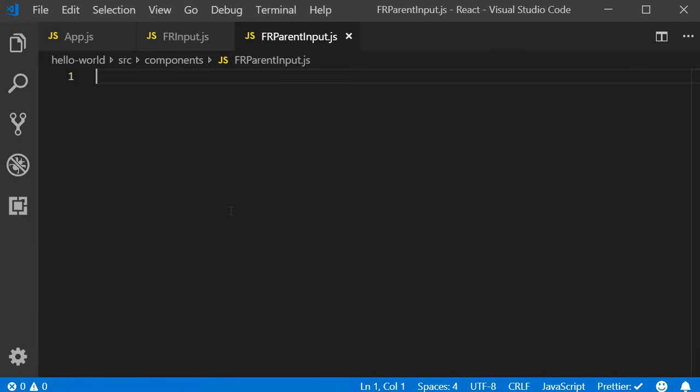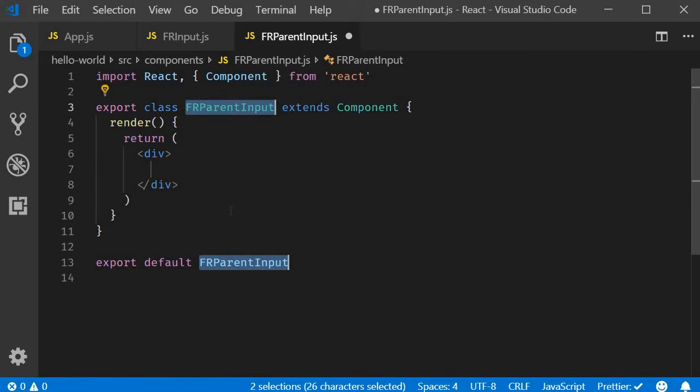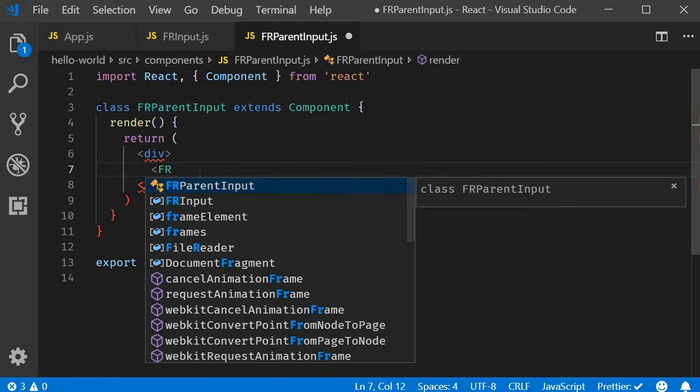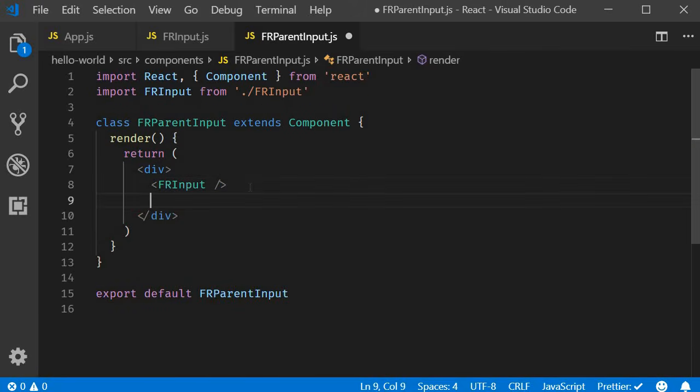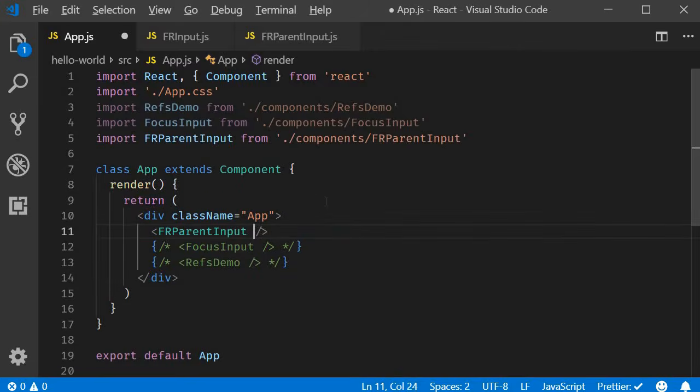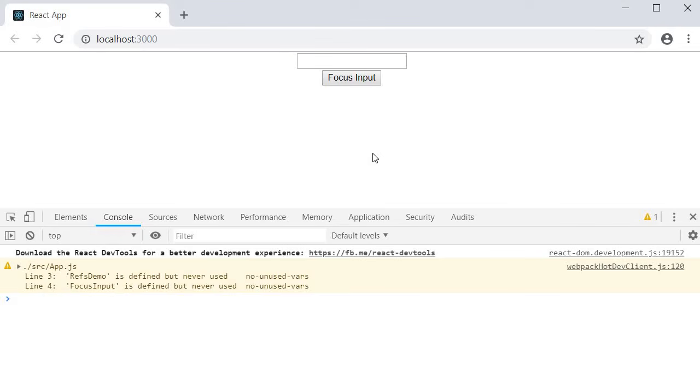Within the file, I will use the snippet rce to create a class component. I will get rid of the named export. And in the JSX, I will simply add the frInput component. I will also add a button that says focus input. Back in app component, I will include the frParentInput component. If you save all the files and take a look at the browser, you should be able to see the